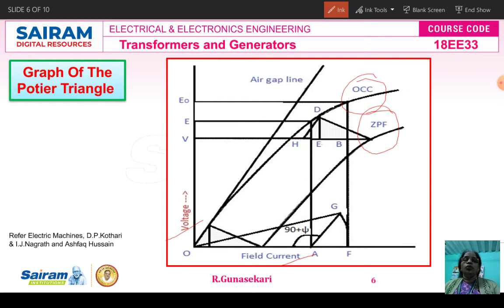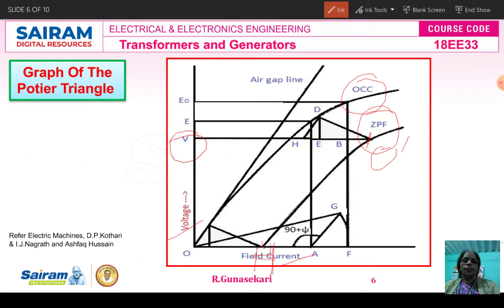First, this point, for example, is O dash. How is the O dash point obtained? It is obtained when the alternator is delivering full load current at zero power factor lagging, which gives the rated voltage. Then this point is O, and this point is, for example, H.